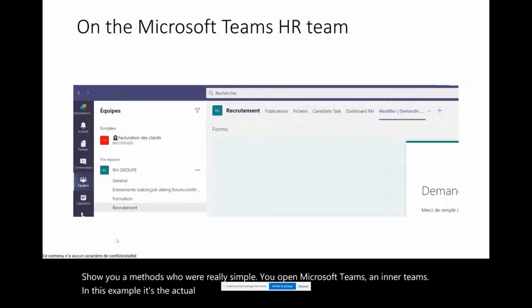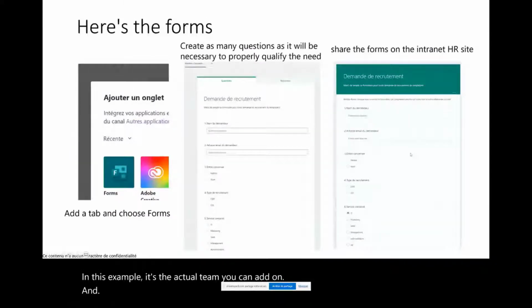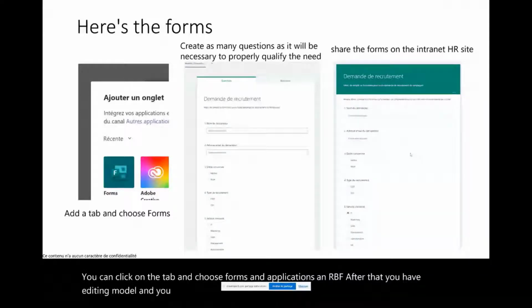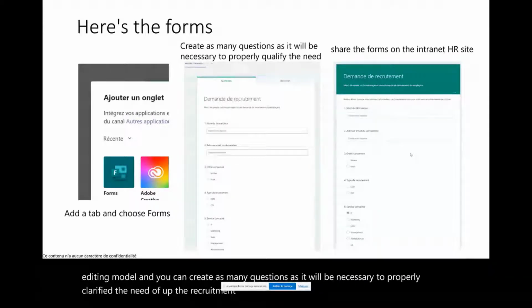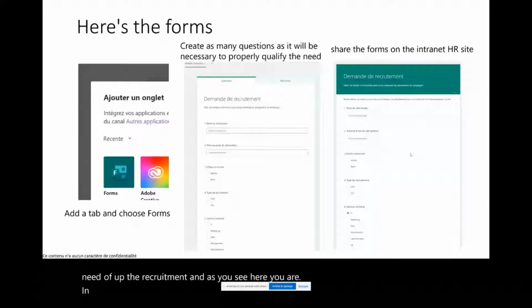You can add an application, click on the tab and choose the Forms application, and after that you have the editing mode, and you can create as many questions as necessary to properly qualify the need of the recruitment. As you see here, you have the form. It's in French, sorry, because this is a real form.